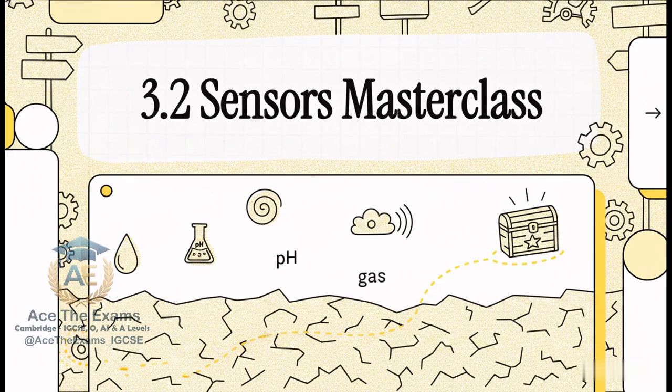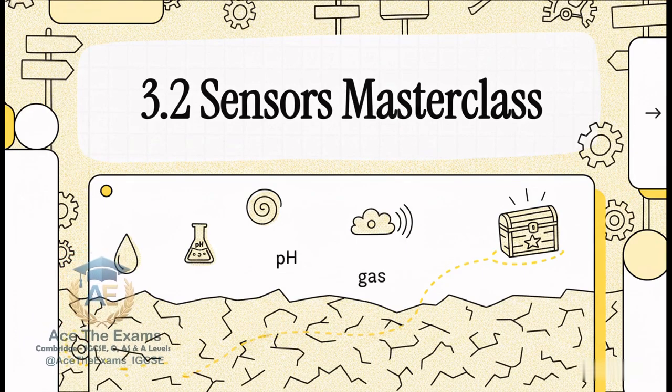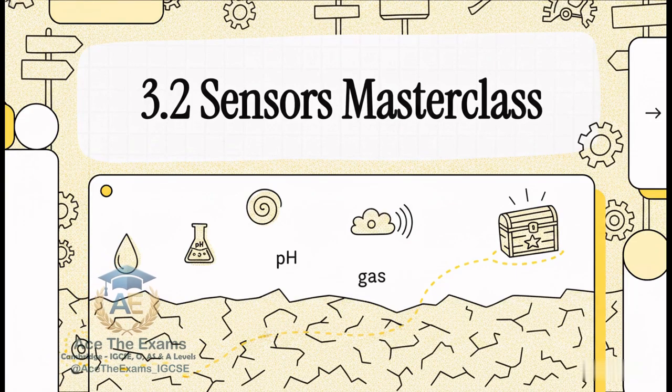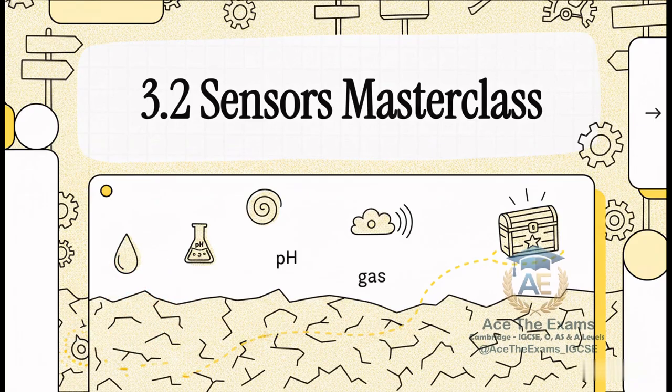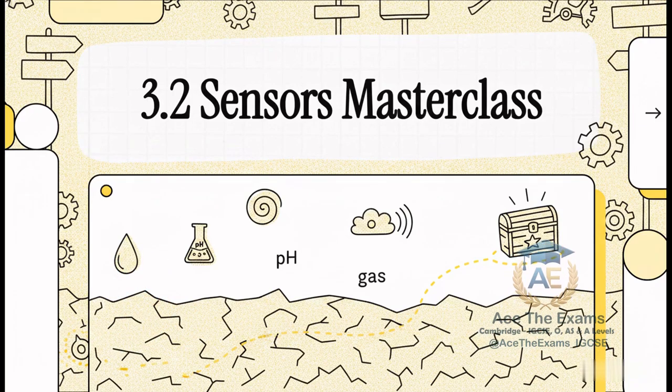Today, we are undertaking a high-level masterclass completely decoding the Cambridge Information Technology syllabus. Specifically, we are zeroing in on topic 3.2, moisture, pH, gas, and infrared sensors. Now, whether you are tackling the IGCSE codes like 0417, 0478, or 2210, or you're stepping up to the heavyweight A-level papers like 9618 and the beast that is 9626, the strategy we are unpacking today is your ultimate survival